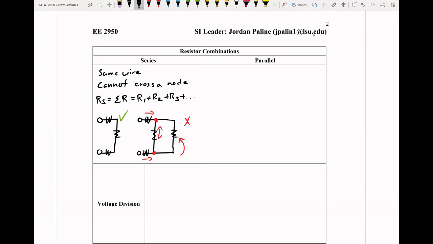Okay, if we look at the parallel, we can say 1 over R parallel is going to be equal to 1 over R1 plus 1 over R2 plus 1 over R3 plus dot dot dot. You can simplify this a little bit and say R parallel is equal to 1 over the quantity 1 over R1 plus 1 over R2 plus 1 over R3 plus dot dot dot. And if we were to draw out a couple examples,